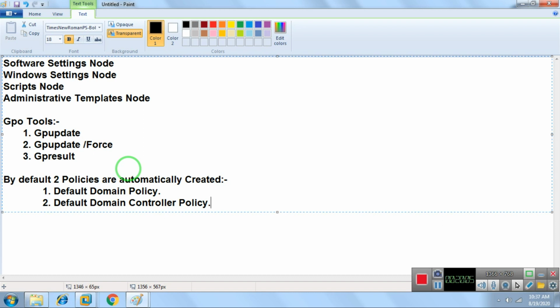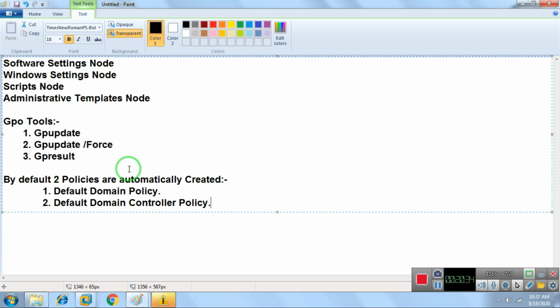I just give you the overview right now. What is Default Domain Policy? Default Domain Policy is a default policy. If I edit Default Domain Policy, it applies to the whole domain network which is running right now. Imagine if I have 2 domain networks, parent domain network and child domain network. If I modify my parent domain network policy, that policy is applied on the present domain network which I am running right now.